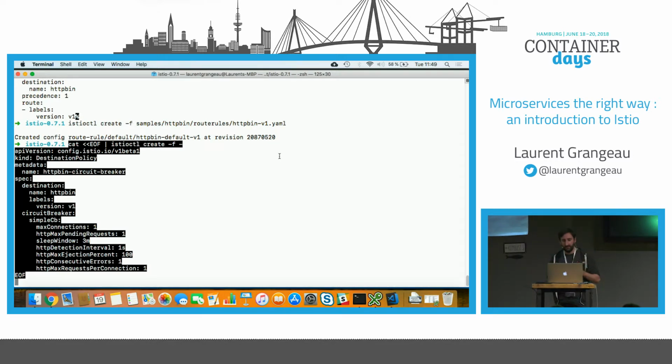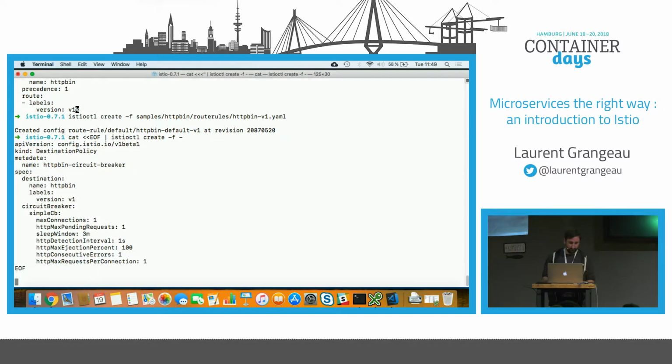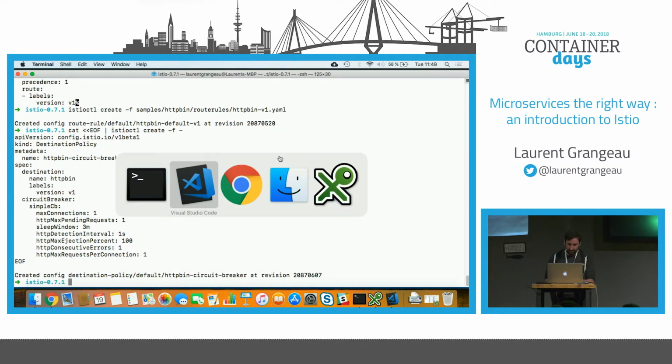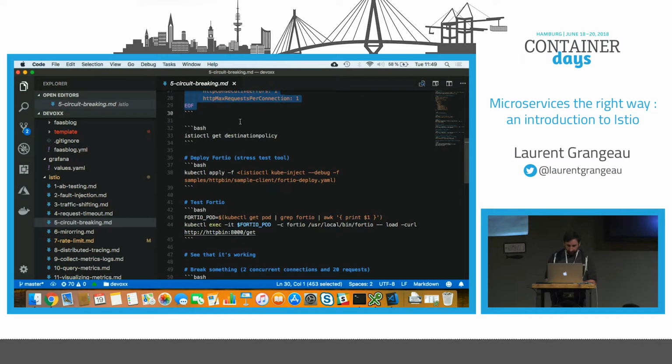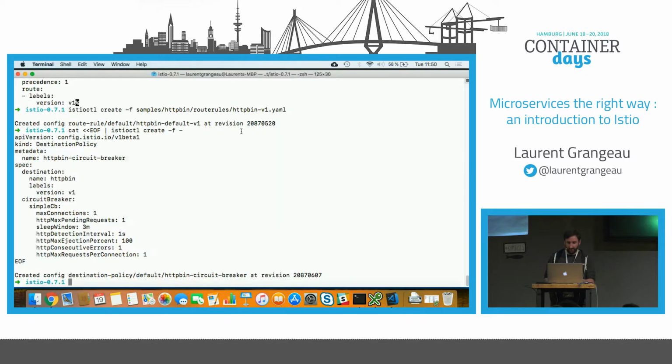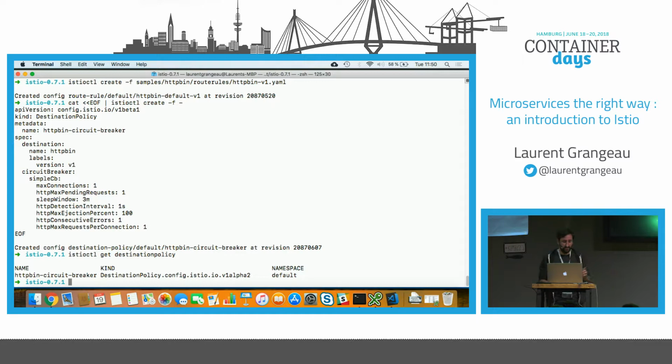That says that if the application doesn't respond in 1 second, the circuit breaker will trigger and we will have an error. So I apply that. And you'll see that a new destination policy for the circuit breaker has been applied.